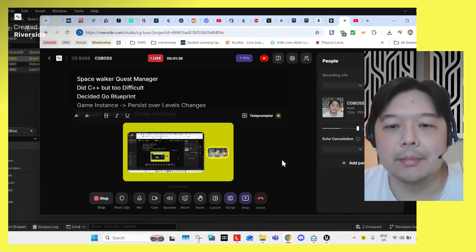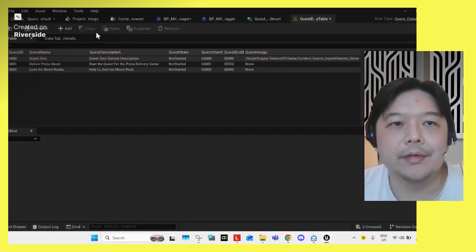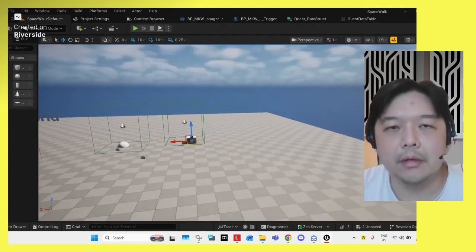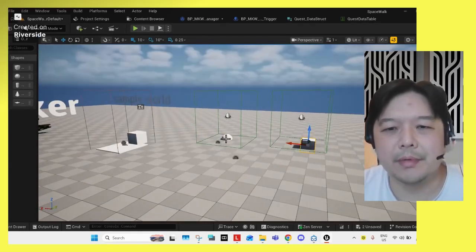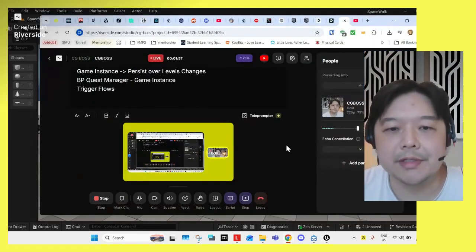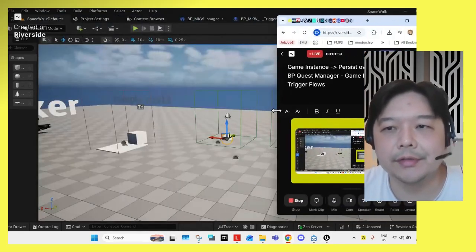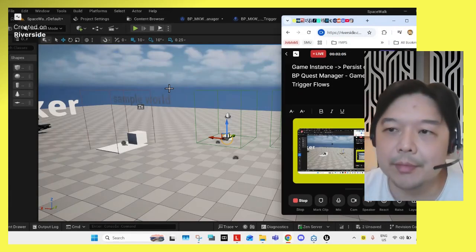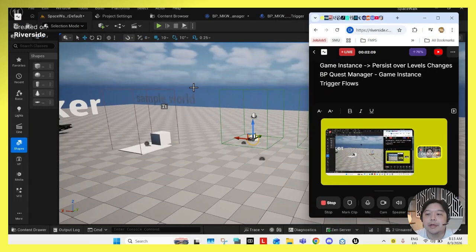And today we're going to talk about the Spacewalker, right? It's a project that I'm trying to make. Right now, I'm just documenting all the progress on making a simple quest manager. I tried to use C++, but it was just too difficult for me. I decided to just keep it in blueprints at the moment, and I'll go over the process about how